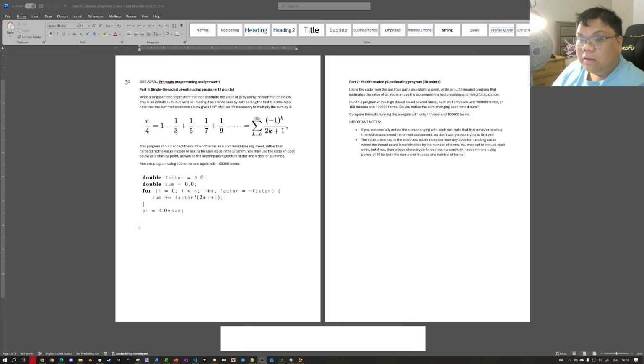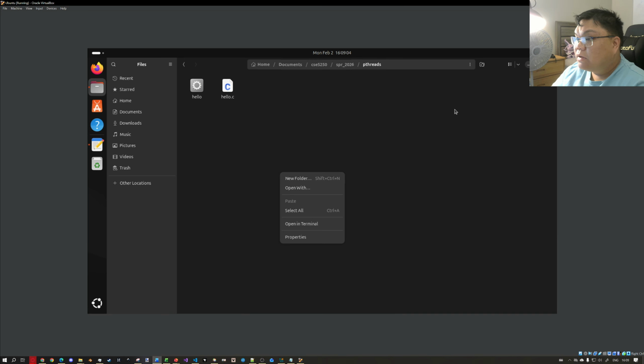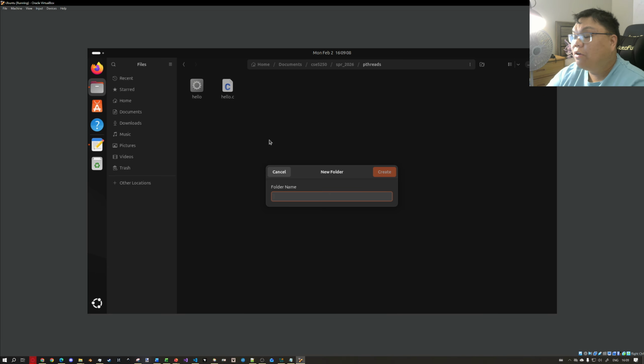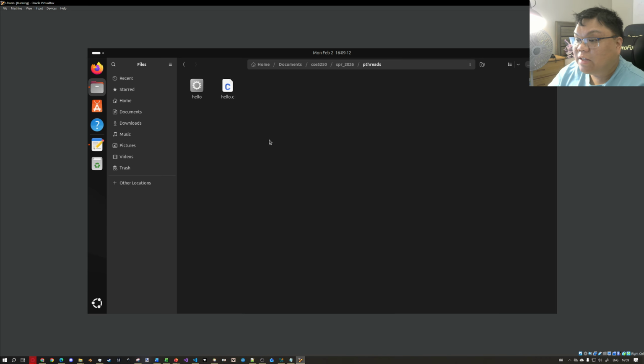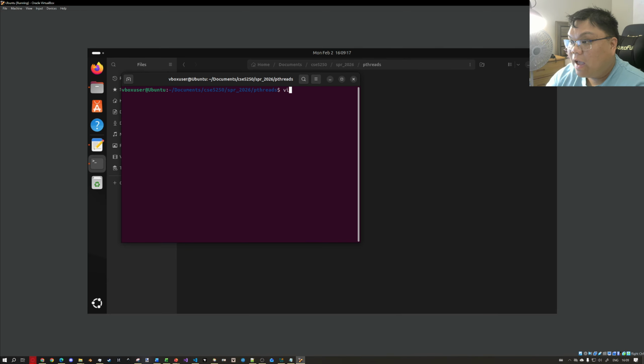Oh, by the way, as part 1 of your first programming assignment, you're also going to have to write a serial implementation, basically a single-threaded implementation, of this exact program. So let's do that really quick. I'm going to create a new program, call it pi. Now let's open in terminal, vi pi